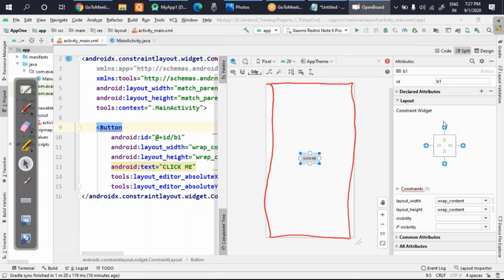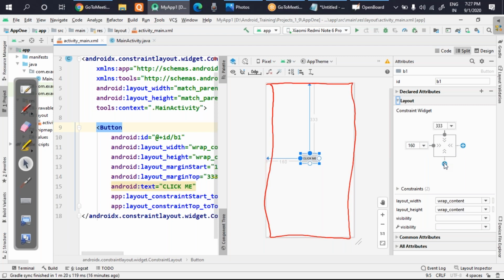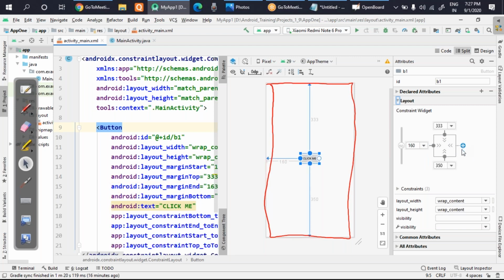It's very simple. You click on this plus button. When you click on this plus button, you can see it is showing that this button is at a distance of 333 dp. DP means density pixel. If I click all the plus symbols here, it shows me that it is now connected with all the edges, and the distance is also assigned here.